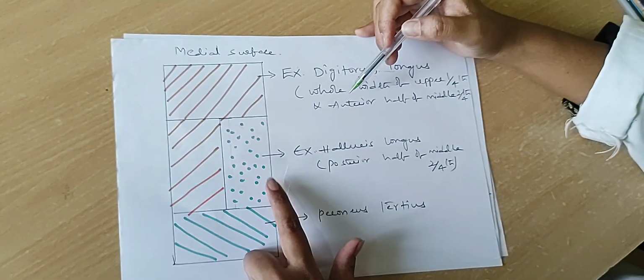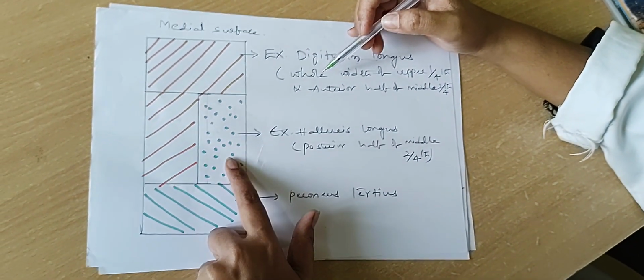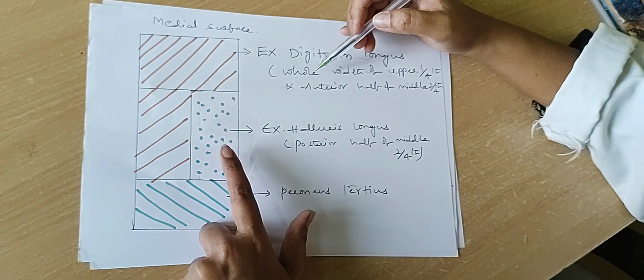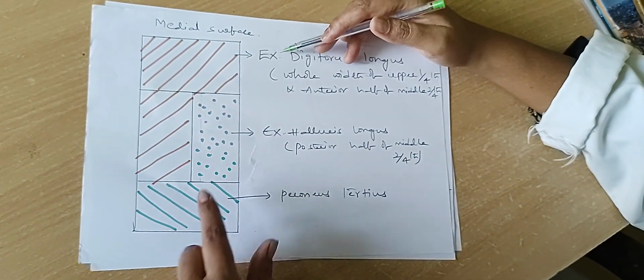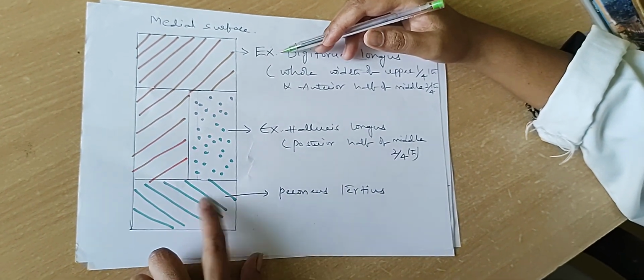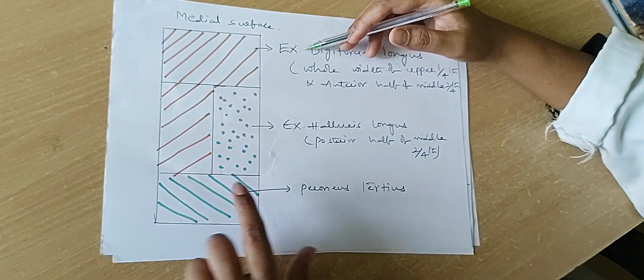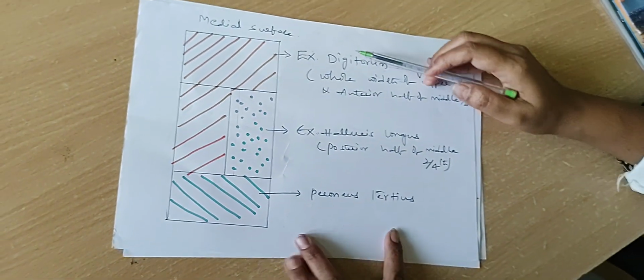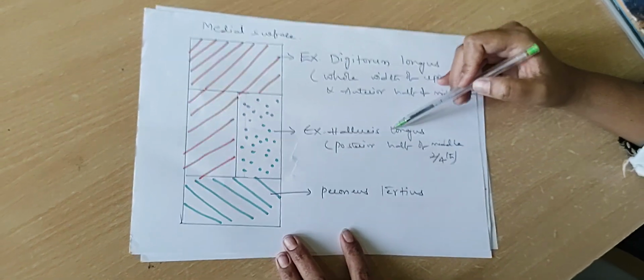Next, extensor hallucis longus originates from the posterior half of the middle 2/4 of the medial surface. The lower 1/4 of the medial surface gives origin for the peroneus tertius muscle. So these are the three muscles which originate from the medial surface: extensor digitorum longus, extensor hallucis longus